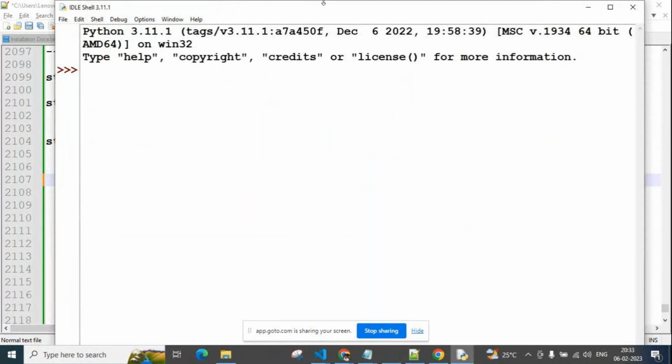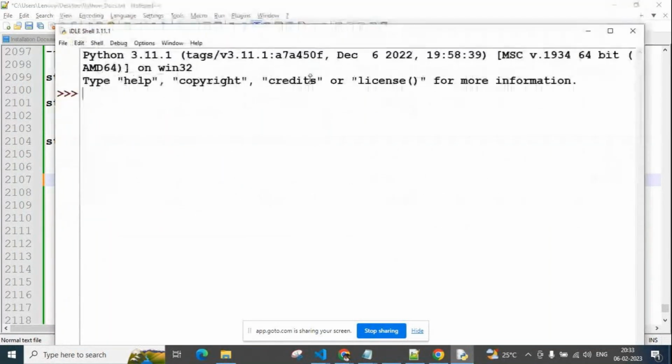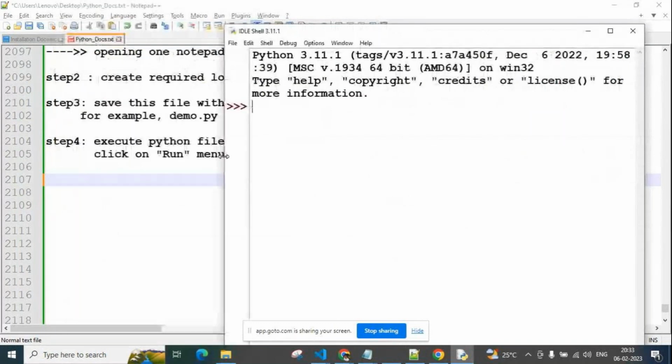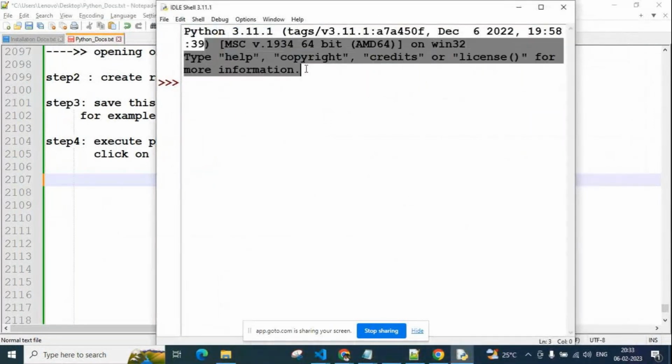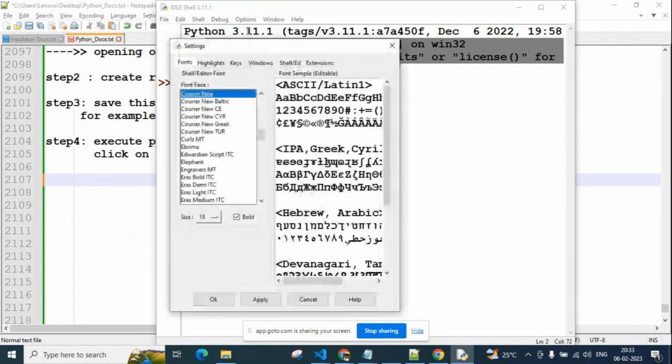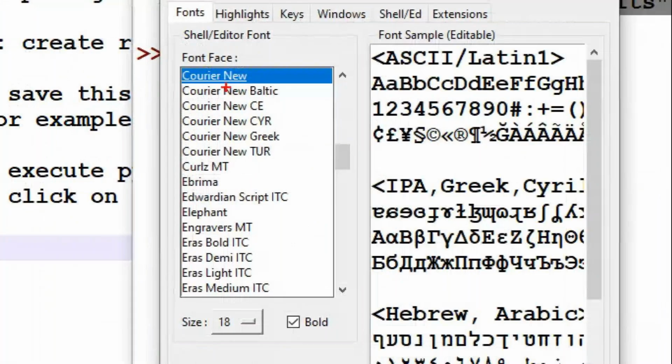Okay, so every time this window will open at a certain size. If you want, you can minimize it to whatever size you want. And for the character size also, if you want to increase it, there are a lot of menus here, guys. When you have free time, you can use this. Here there are options, configure IDLE. Whatever font format you want, whatever font size you want. If you increase this, you get a bigger size. If you decrease the size, you get smaller characters. So you can use whatever you want.